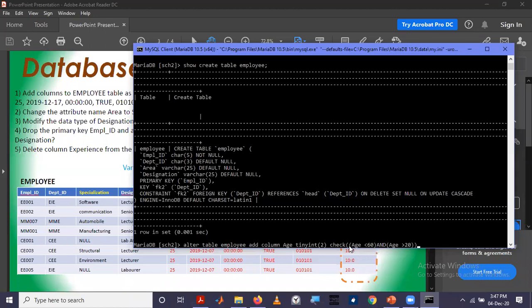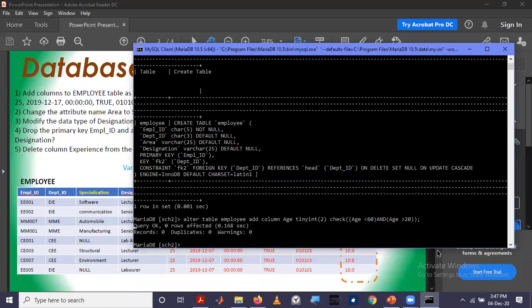This is the constraint. So you must use the keyword check. So stop with a semicolon. If you are getting a success message, then this column has been successfully added to the database.